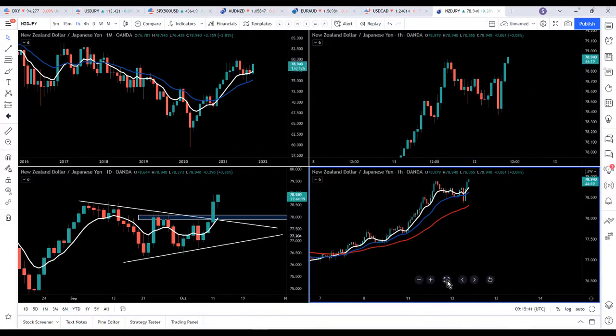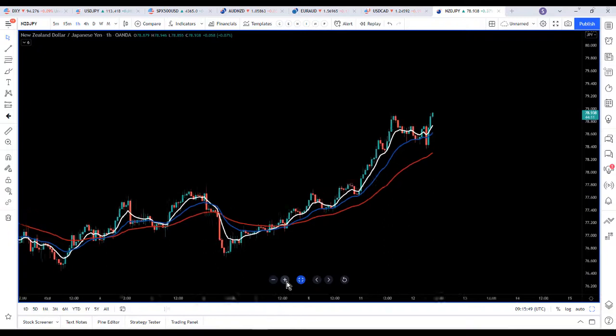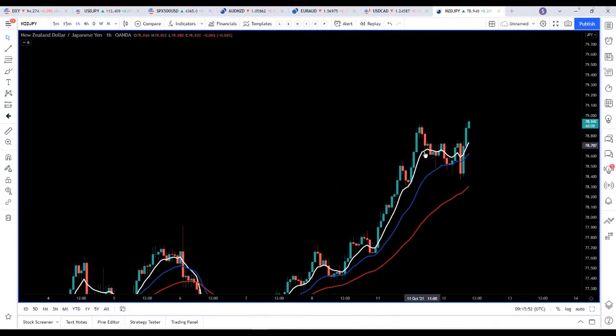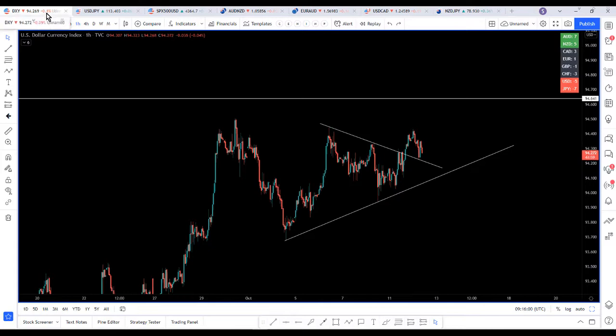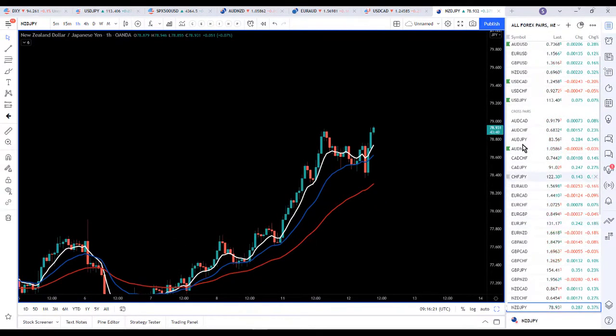Those of you who want to continue to trade yen weakness, then obviously look for pullbacks on the time frame of choice. Hourly here on Kiwi yen, for instance, we have had a nice little correction, and we're seeing buyers come in. Let me just see what's strong and weak at the moment on the hourly. Aussie and Kiwi are strongest, dollar and yen are the weakest on the hourly time frame at this moment in time. So Aussie yen, Kiwi yen are probably looking very nice for upside,